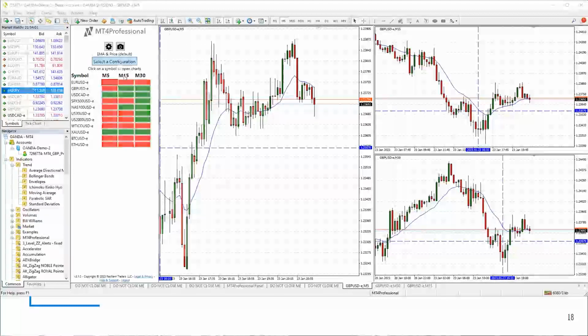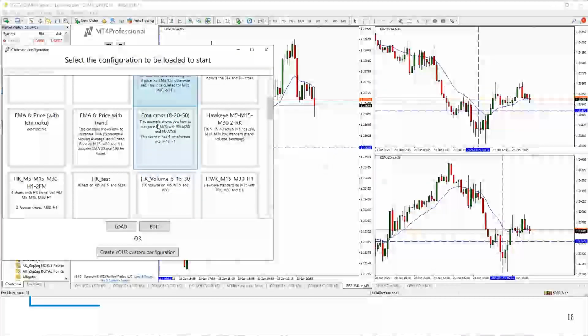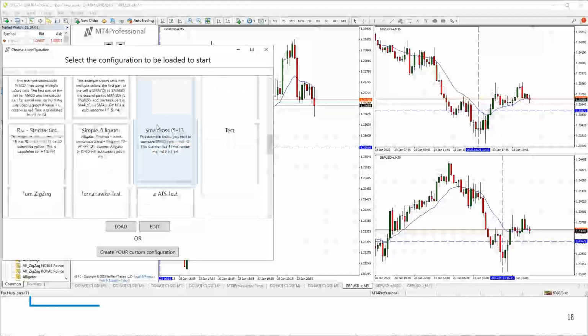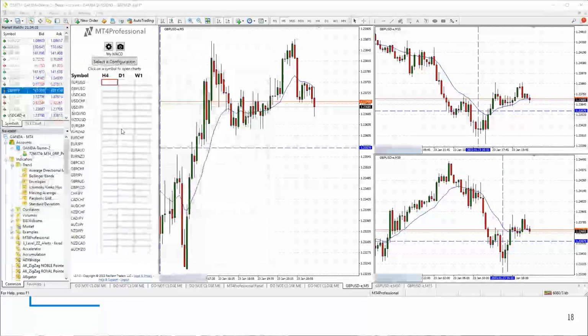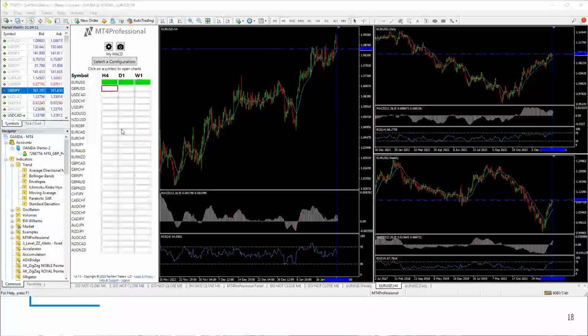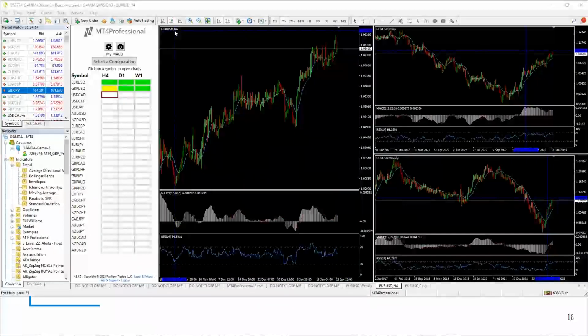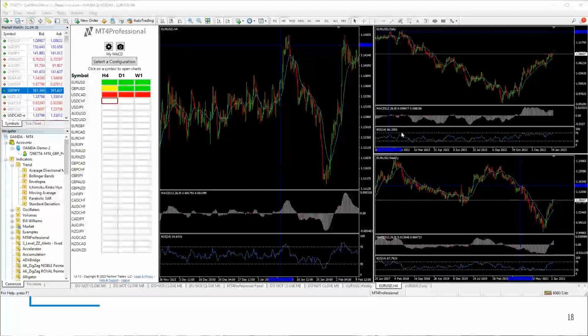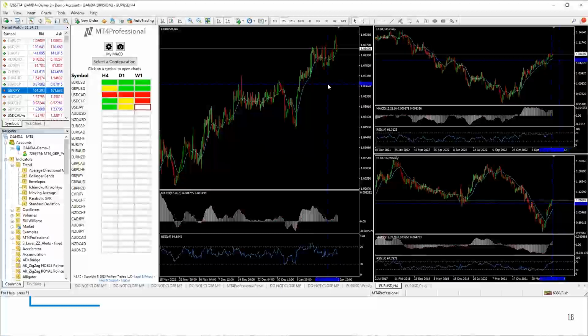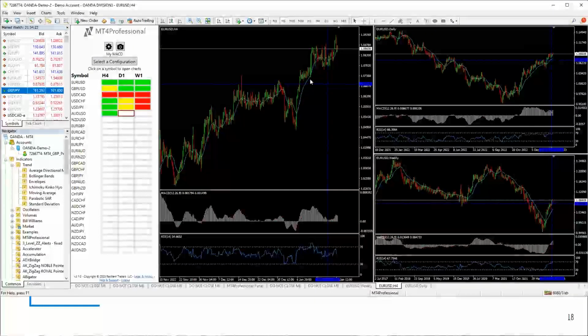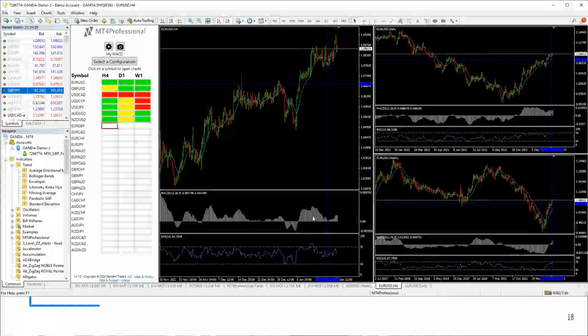Let's look at another configuration that has a little bit more to it. Here's one right here, where you're looking at 3 different indicators. In this case, I'm looking at a 4-hour, a daily, and a weekly time frame setup. Right. I have EMA and price interaction. I have a moving average convergence divergence indicator, giving me bullish or bearish setups, and I also have relative